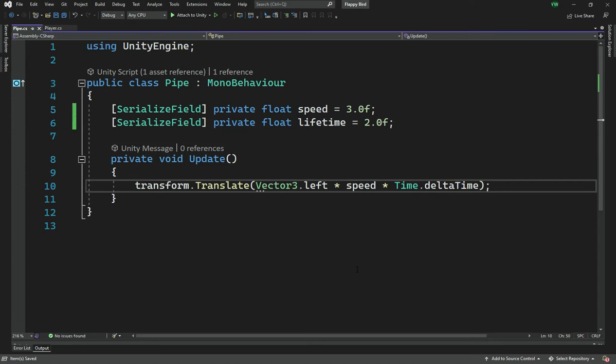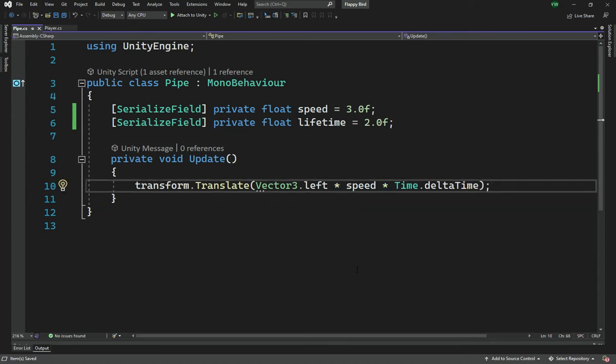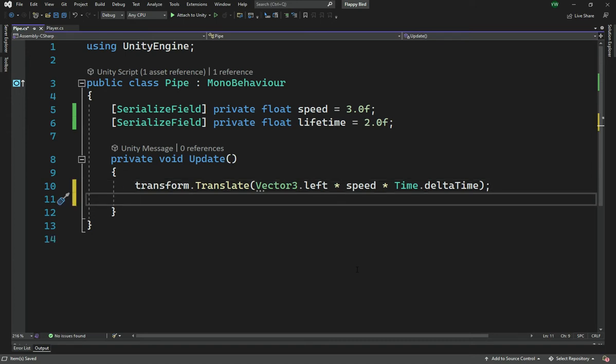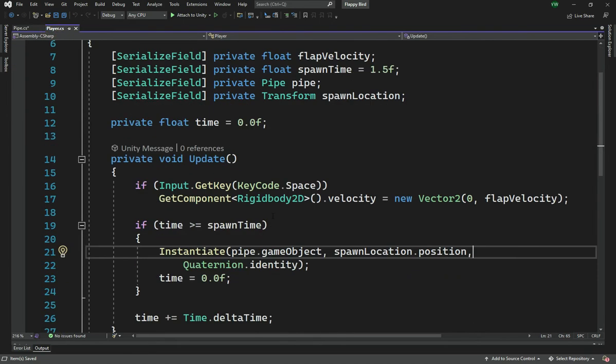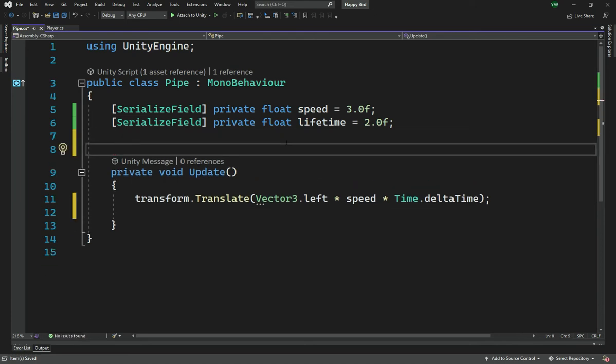Alright, that's pretty nice. So I'm in the update method right now, and we can use some time mechanics to check. We can use these mechanics here, or you can use a coroutine, up to you, but I'm going to use this way. So we are going to have a private float time here,